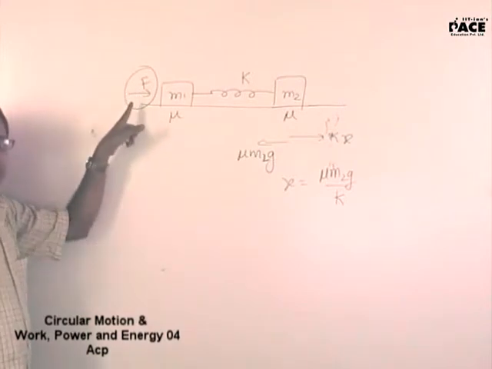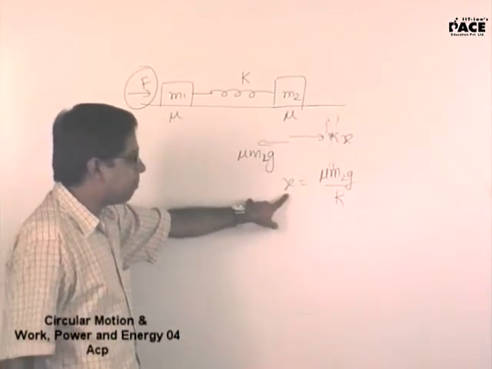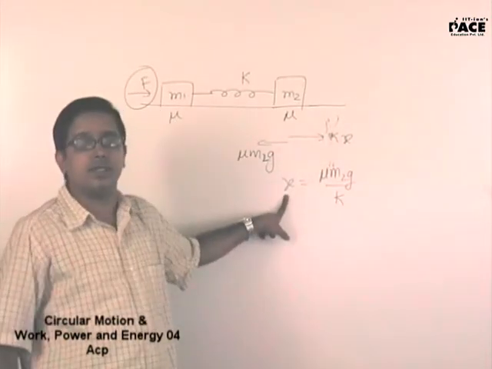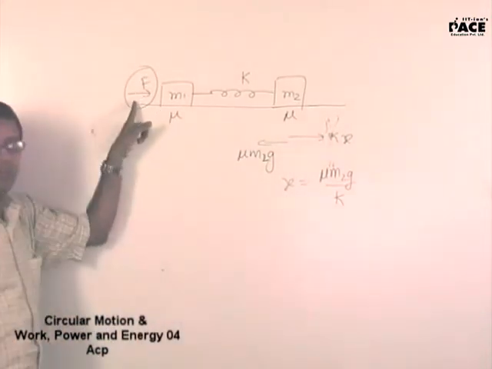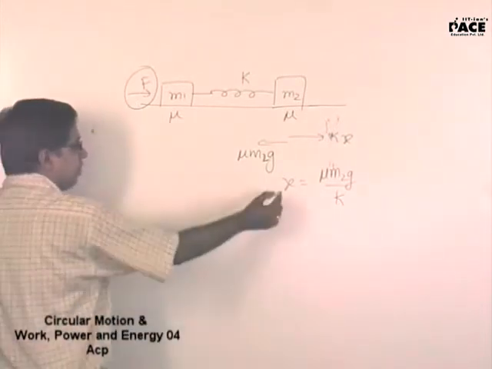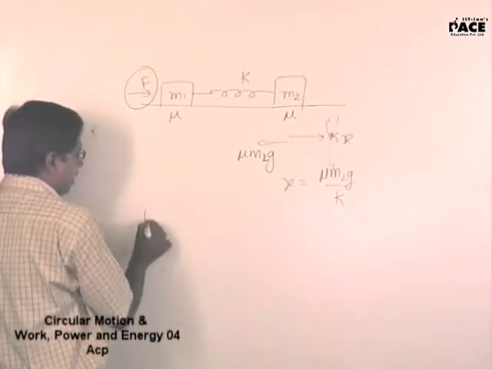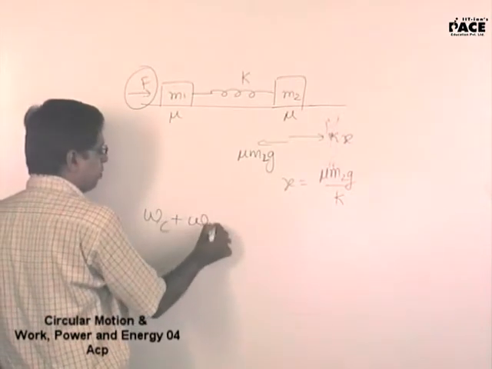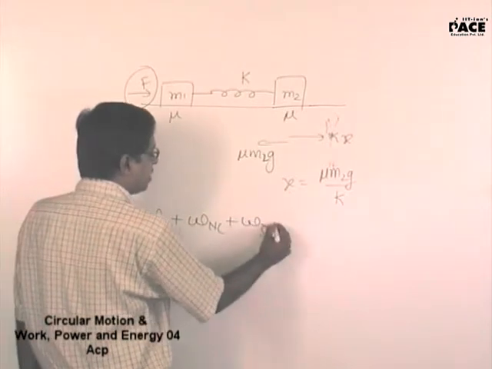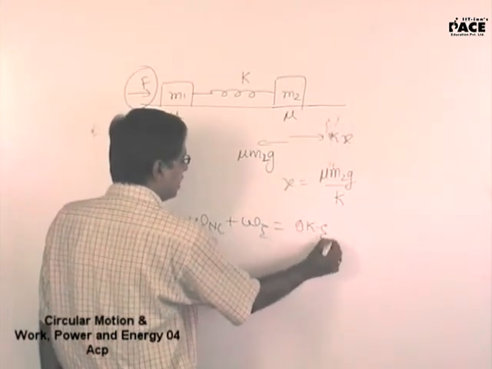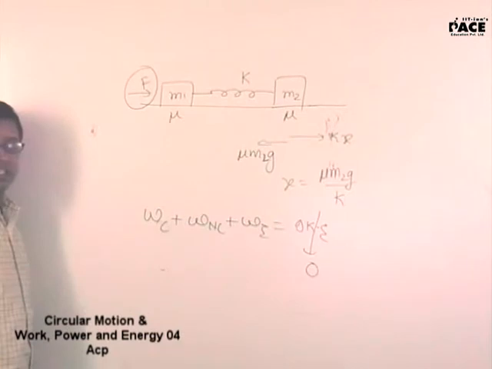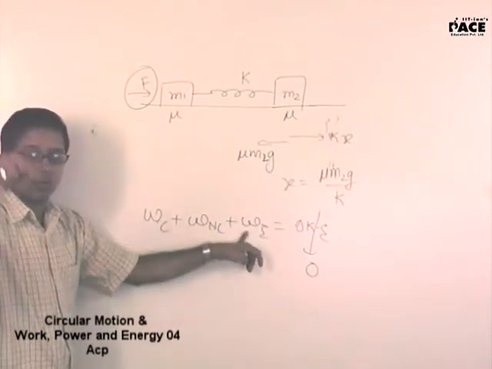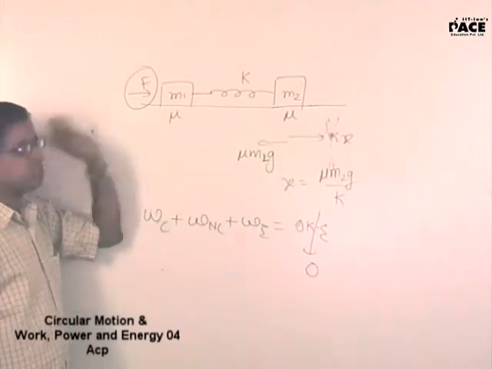Now when will this force be the minimum force? If this force is able to produce this compression in the spring by doing the minimum amount of work, then this force will be the minimum force. Now when this compression is achieved, work done by conservative plus work done by non-conservative plus work done by external is change in kinetic energy. I want the change in kinetic energy to be zero because I want to minimize it. I want the work done by the external force to be minimum. Only if it is minimum, the force applied will be minimum.